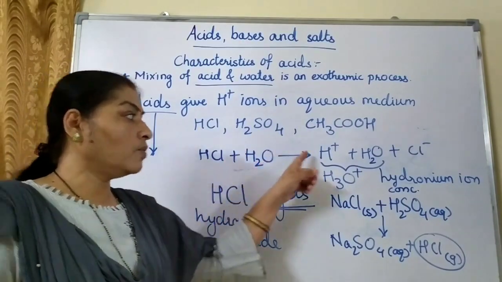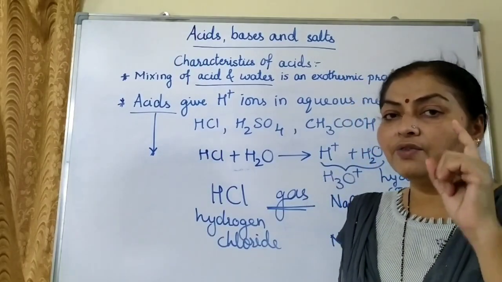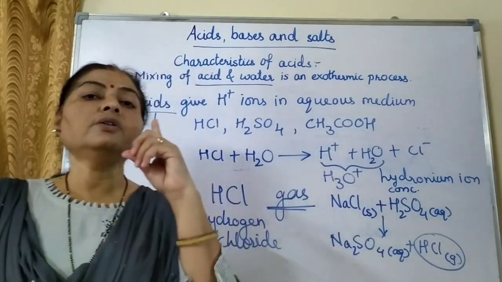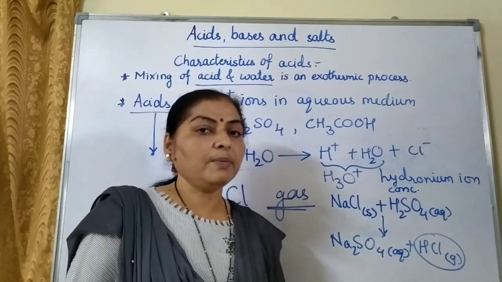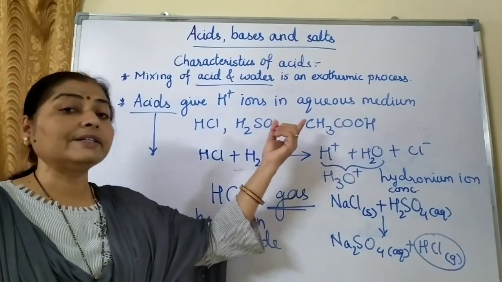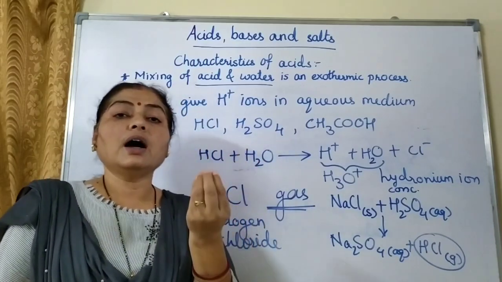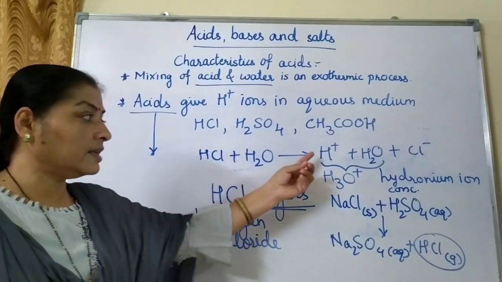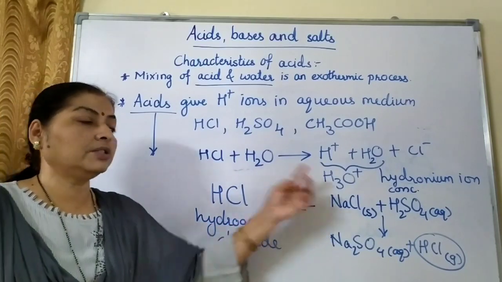Now children, we know what is H plus ion? Hydrogen, as we know its configuration, it is having one electron and one proton. The composition of hydrogen is one electron, one proton. So when H plus ion is formed, one electron is removed. So what remains back is one proton. And that is why H plus we can also call it a proton. Now a single proton will be very reactive, or we can say it can't exist independently. And that is the reason why as soon as H plus ion is formed, it combines with water to form H3O plus ions.